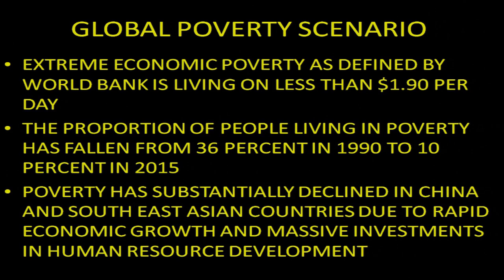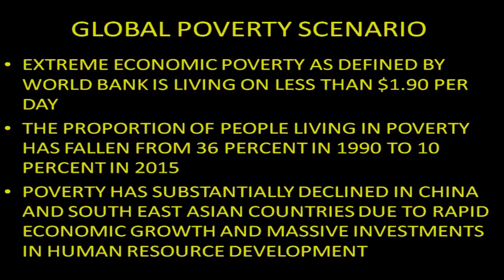The proportion of people living in poverty has fallen from 36% in 1990 to 10% in 2015. It has declined from say 36% to 10%. How has this declined? It is because of the economic growth happening in many countries. The global poverty has declined and poverty has substantially declined in China and Southeast Asian countries due to rapid economic growth and massive investments in human resource